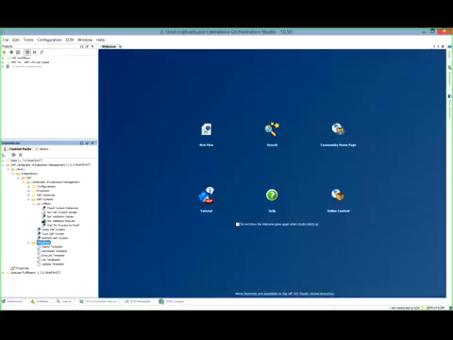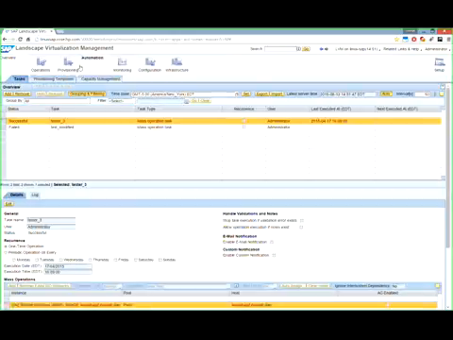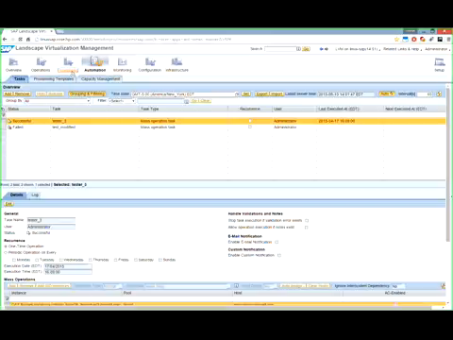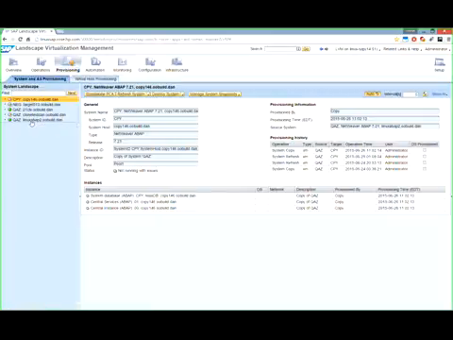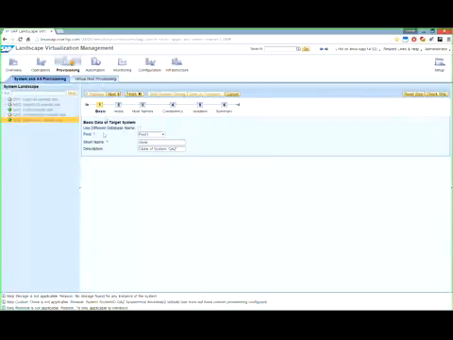I will show you how you can create a provisioning template from LVM's user interface. So now I'm switching to LVM. And if I go into the automation panel, in the provisioning panel, now I will choose for which system I want to create the provisioning template. So for instance, if I click this SAP system, here I have the available provisioning operations. If I want to create a provisioning template for a clone operation, I have these configuration steps to complete.